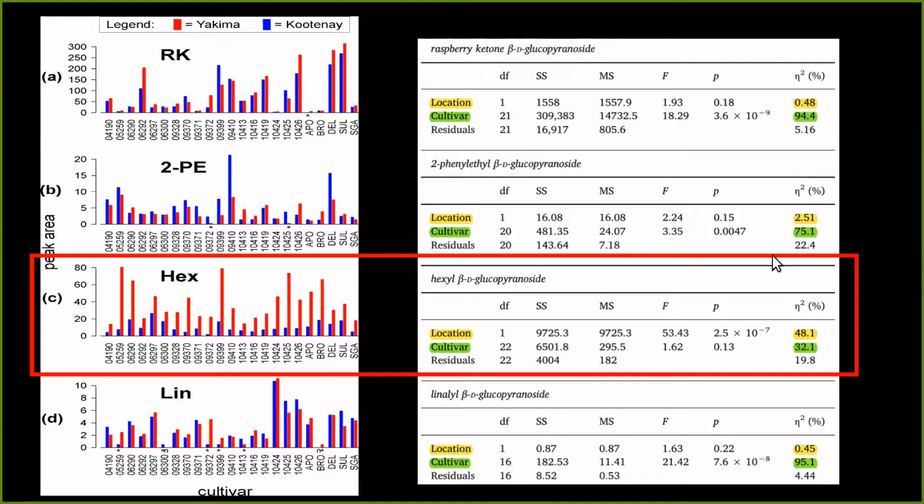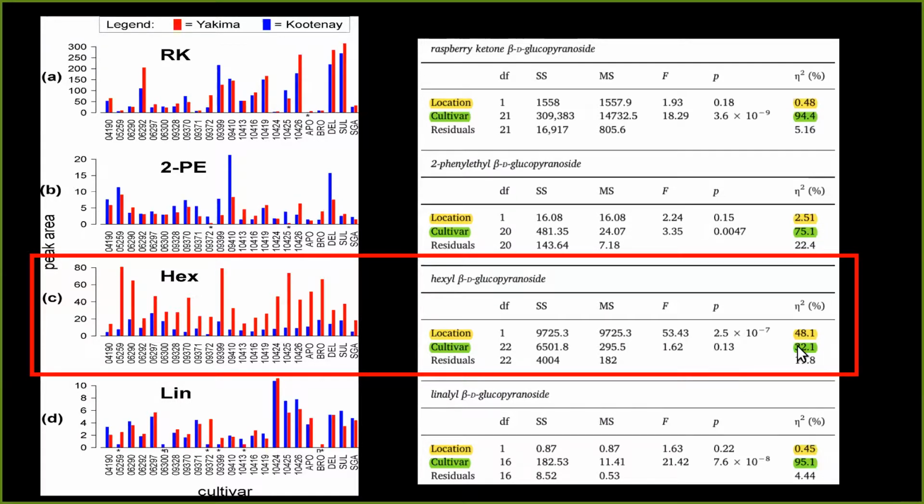So what the analysis of variance shows is that, in general, this column that's highlighted here is a percentage, and it shows the size of the effect of this particular factor on the levels of a particular compound. And in this case, we found that location accounted for almost 50% of the variability in the level of the hexoglucoside. So almost 50%. And if you look at all the other compounds, it's much smaller, less than 1%,